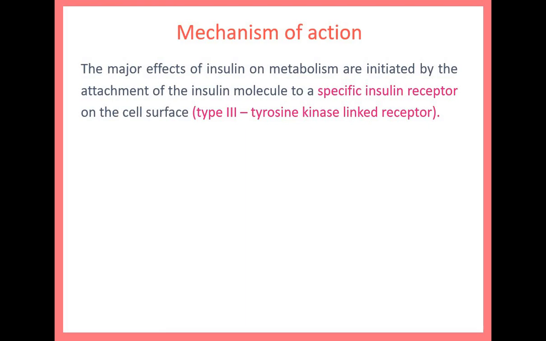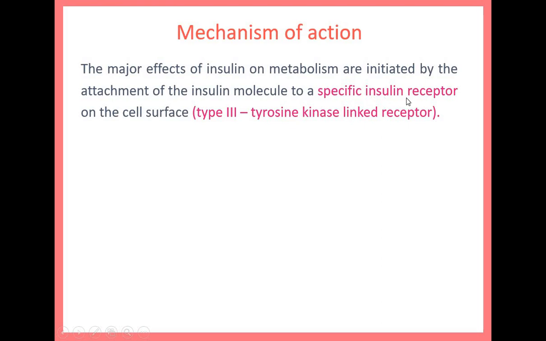Now, as we have discussed in the very initial lectures on hormones, hormones are basically of two types with regard to their mechanism of action. One, which are water soluble and thus act on the cell surface. Second, which are lipid soluble and thus able to enter the cell membrane and activate either cytosolic or nuclear receptors. Insulin being a peptide structure, a protein, is water soluble, not able to cross the cell membrane, so it will act on the receptors present on the cell surface.